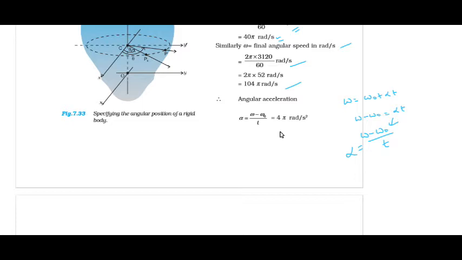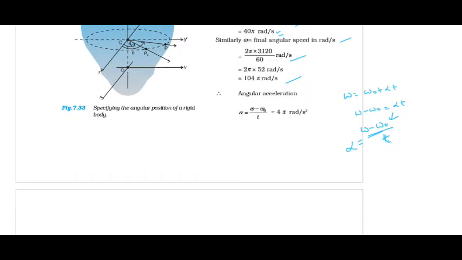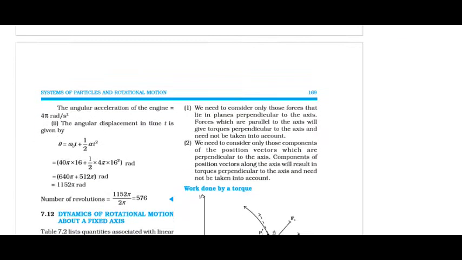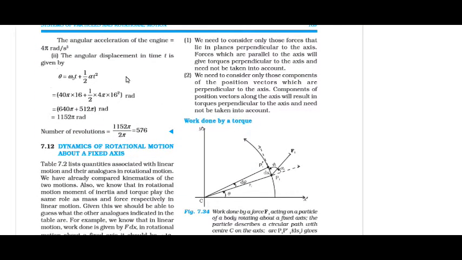Or we can also say that rate of change of velocity is known as acceleration. Similarly, rate of change of angular velocity is known as angular acceleration. So change of velocity divided by time gives the rate. So the angular acceleration of the engine is 5 pi radian per second square,